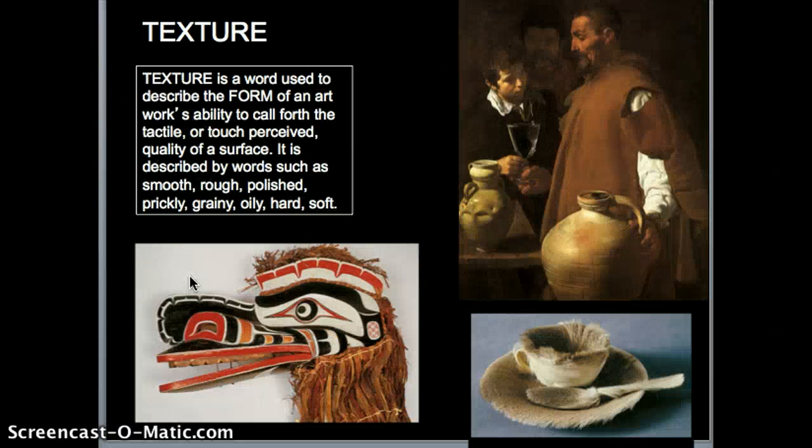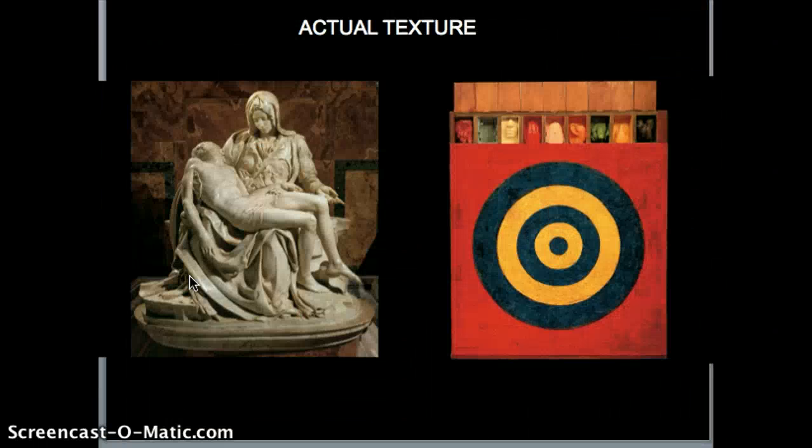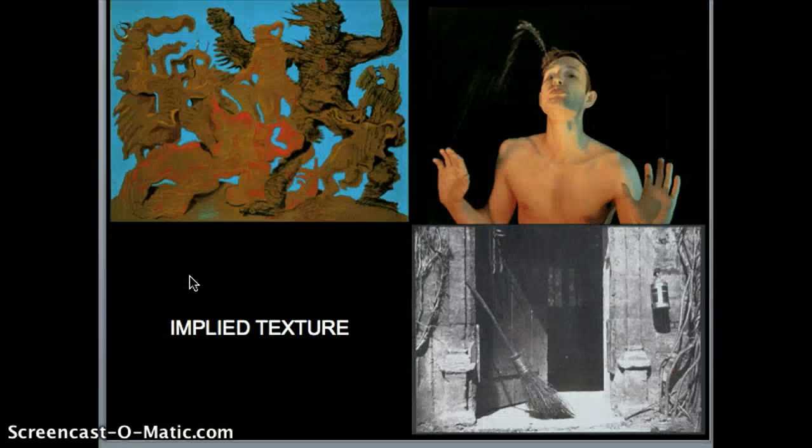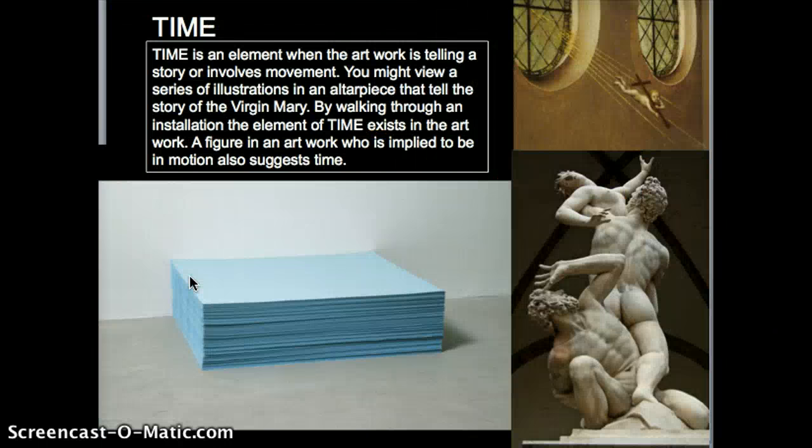Texture is another element, and it's usually implied unless we're looking at a sculpture. And time. Time is our final element, where the artwork is telling a story or involving movement. We have an installation here where